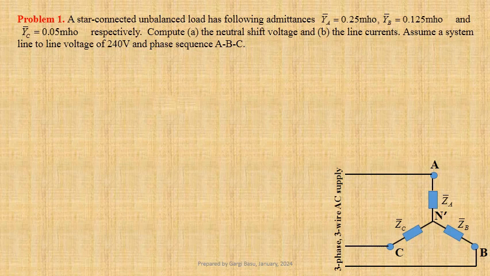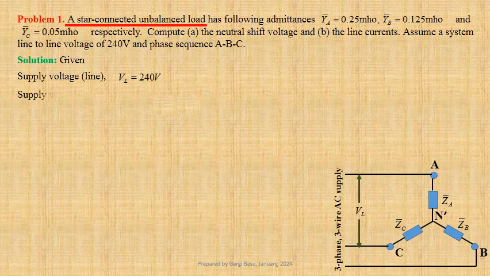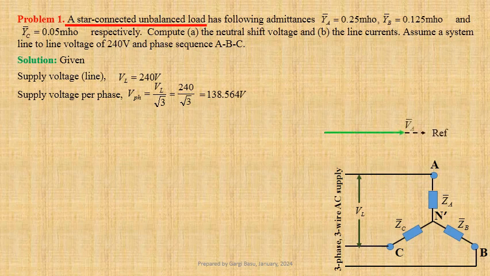Let us first write down the given data. Line-to-line supply voltage VL equals 240 volts. For a star-connected load, supply voltage per phase V phase equals VL by root 3, that is 240 divided by root 3, that gives us 138.564 volt. Taking A phase voltage VA as reference, for phase sequence ABC, we can write